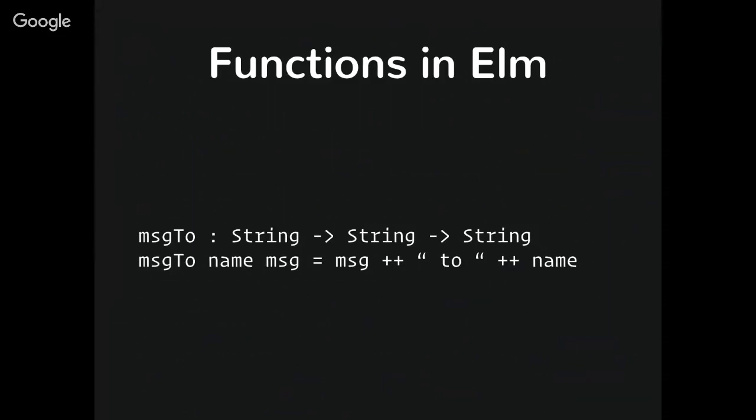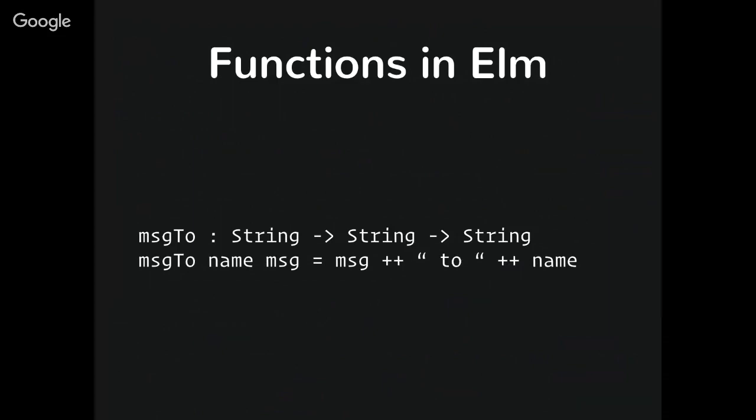Elm will infer the type for you. You don't always have to type it out. And it's pretty good. You normally don't need an annotation. I tend to prefer to write them just so I know what it expects. But in this case, this syntax probably looks a little funny.